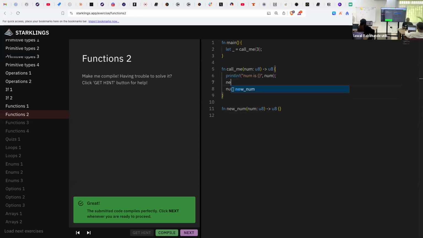Now do new noun pass now. Do you know why this will not work? Why? Yes. I just want to show you. It means that the value has been consumed